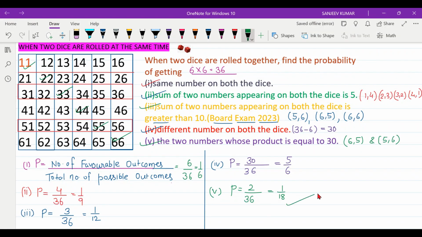Okay, so this is the full and final answer of all the questions that you can see here on the screen. I hope you have understood all the concepts of probability related to two dice. So if any questions come like this, like if you change the question from product equal to 30 to 10, then 2 into 5 is 10 here, 5 into 2 is 10 here, like this. If you know this table, this table is the most important thing, correct. Everything you can observe here as per the question.